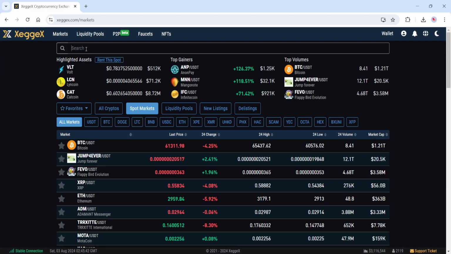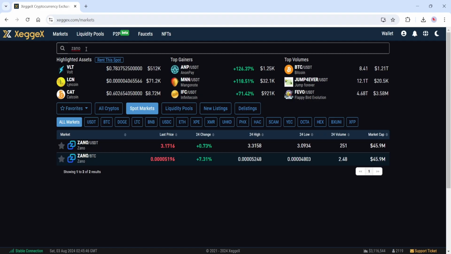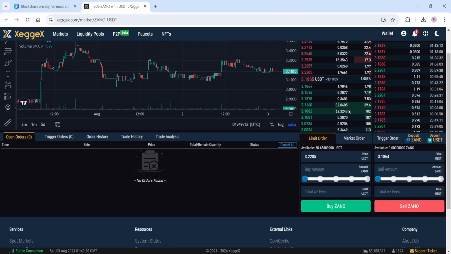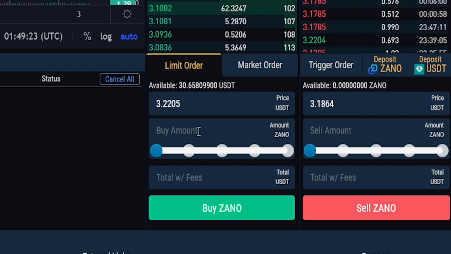Now click Markets, and in the search bar, type Zano, and click the first option here. Now, within this exchange, I can use the Tether to purchase coins of Zano by coming to the bottom right